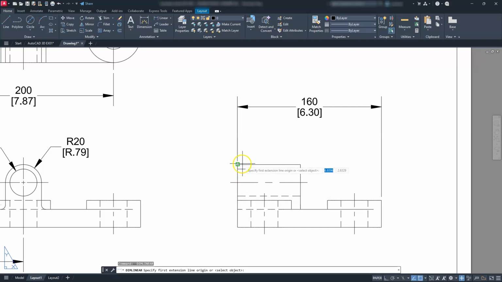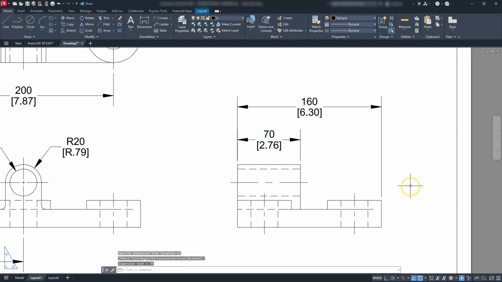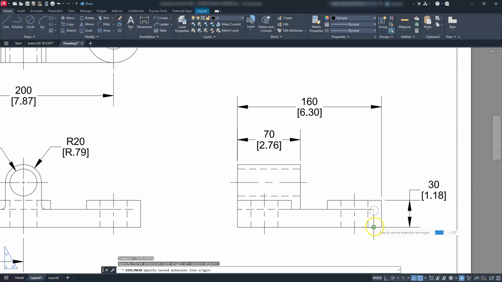Just going to hit the enter button. That should take me to here. I want this dimension here to be kind of at the, let's make this one at the top. So I'll start here at this end point and go here. And that'll place my dimension along the top. And for the other one at the bottom, I'll start here and come down